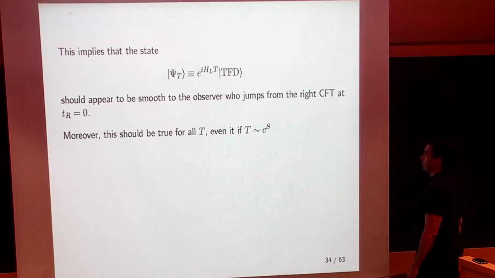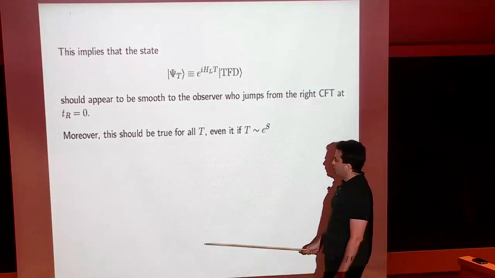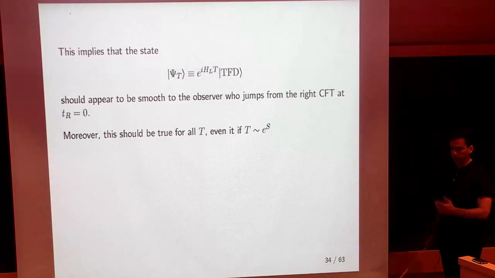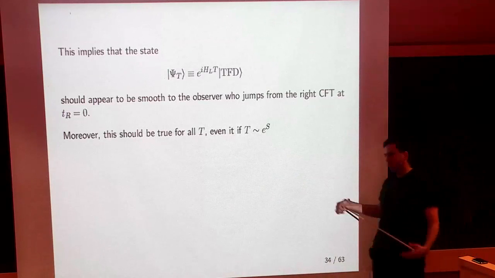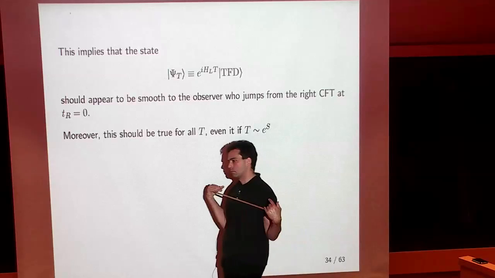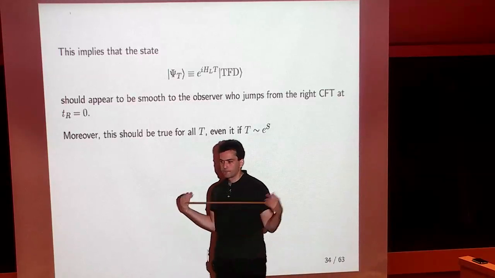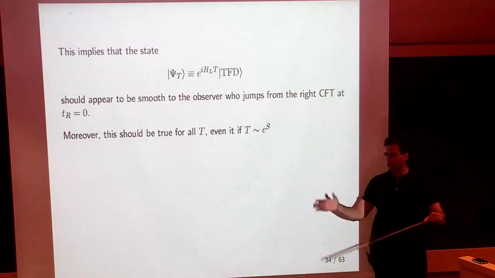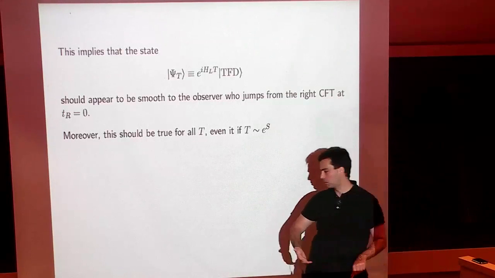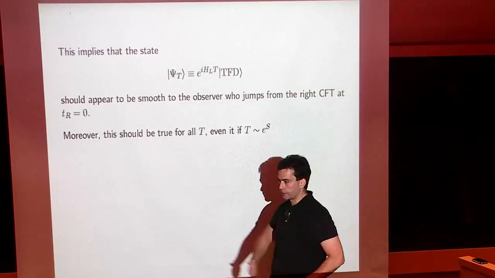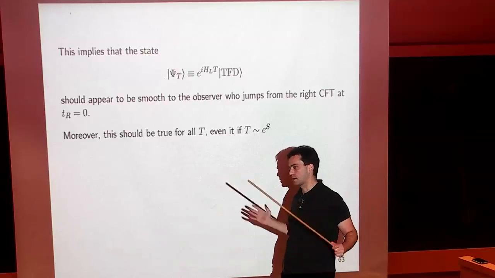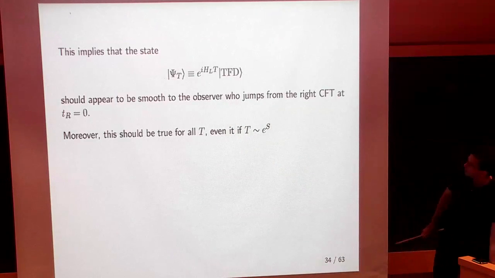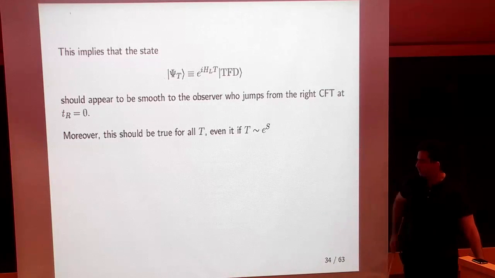And if you believe the previous arguments, this will be true for all t, even if t scales like the exponential of the entropy. But I'm confused by your statement that from the bulk point of view, this is a different state. I mean, what you made very clear in your paper is that it's actually the same bulk state with different coordinates. Well, it's like taking a black hole in AdS and acting on it with a boost. When you get a boost in the black hole, it's a different state. It's a large diffeomorphism which acts on the boundary in a non-trivial way. Okay. Right. So this is not a gauge transformation. It's really an asymptotic symmetry.